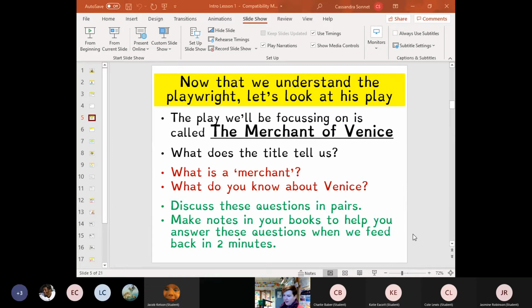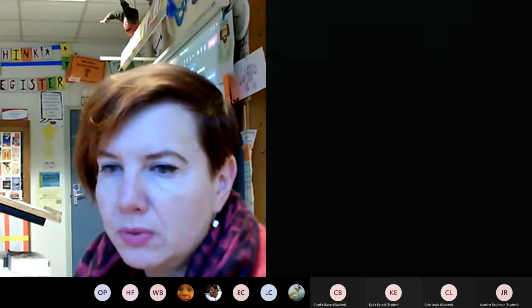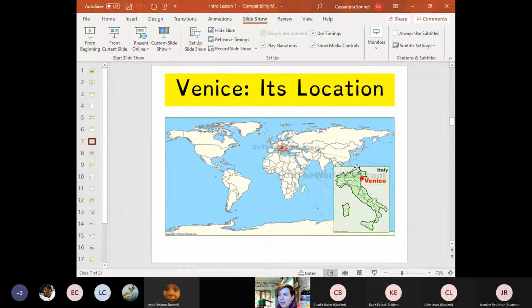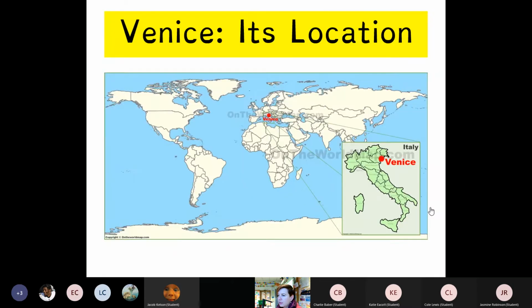I mean, this is very, very basic stuff. All right, let me find the map of Venice, and then you'll be able to see what Italy was shaped like. A boot. Yeah, Italy is shaped like a boot. So, here we go. So this is Venice. It does look like a boot.